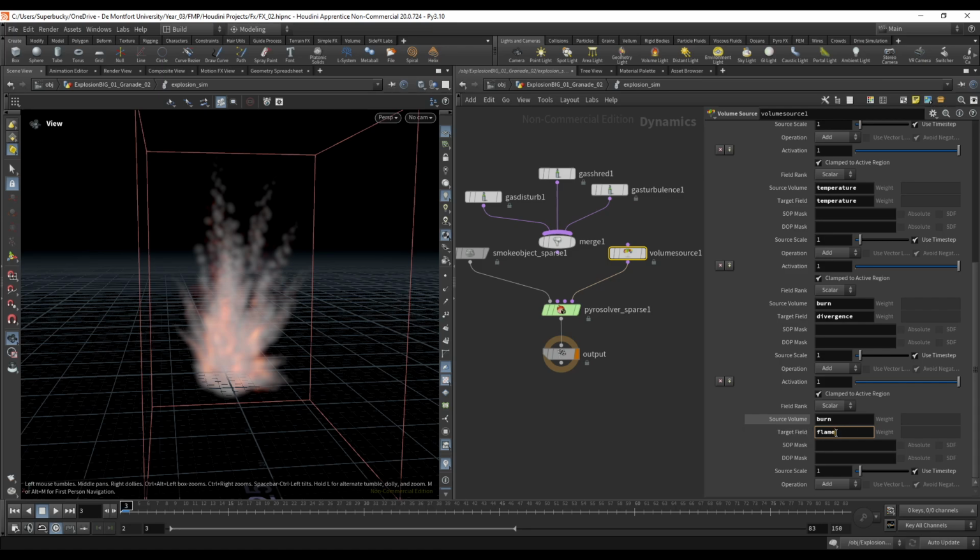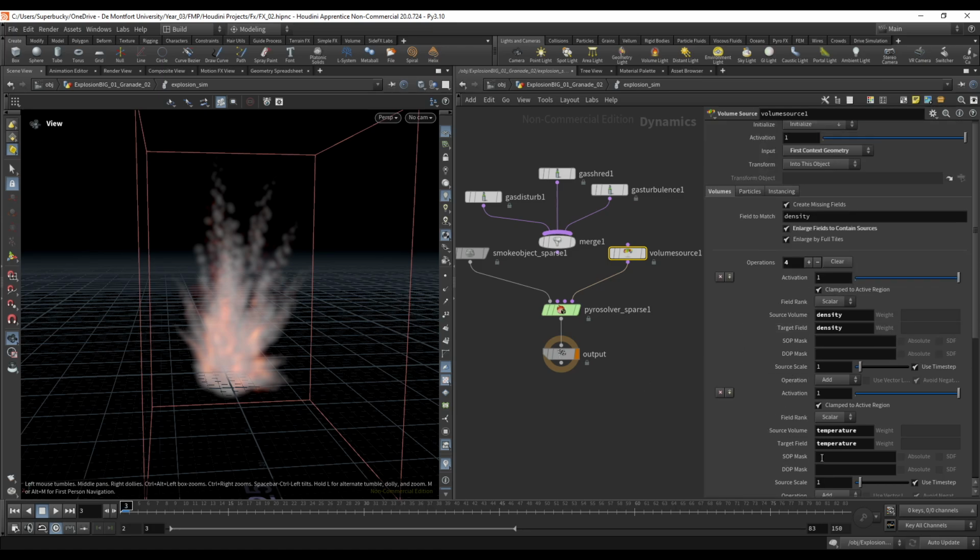The target is the flame, which basically means how hot the fire and the explosion is, and it is more like the temperature field, but the flame sets more the intensity of the fire, whereas temperature sets more the color of the explosion and fire. So yeah, we have these four: source volume and target field. So once we have this,